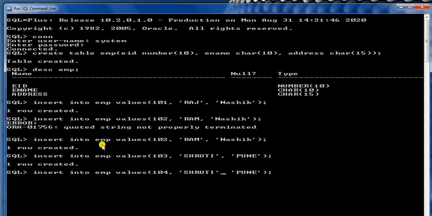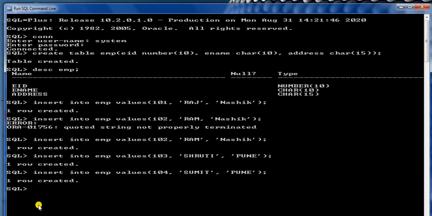I'm changing the name of that employee. Okay, and then enter. So we have inserted 4 records into the table. By doing it like this, we have to insert data into the table. We can insert so many rows into the table. So this is one of the cases to insert data into a table. We have 4 cases to insert data into a table.